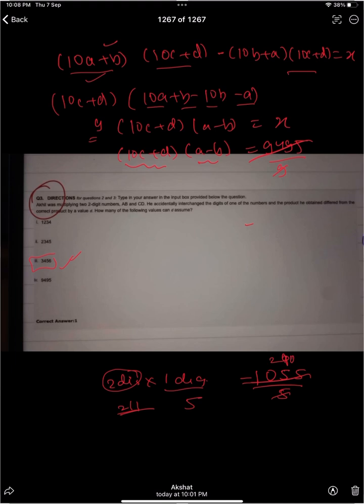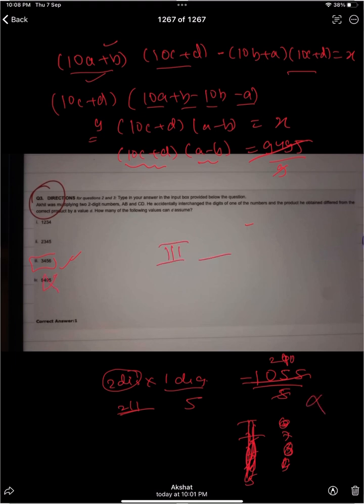Now we'll check for other numbers. 6 is not possible because this is not a multiple of 2. For single digits 1 2 3 4 5 6 7 8 9: 1 anyway will give three digits, so this is gone. Now since 5 is giving a three-digit number, ultimately these all will give the same, so remove these all. 6 won't be a multiple, 8 won't be a multiple, 9 won't be a multiple, and 7 also won't divide. So this option is also gone.